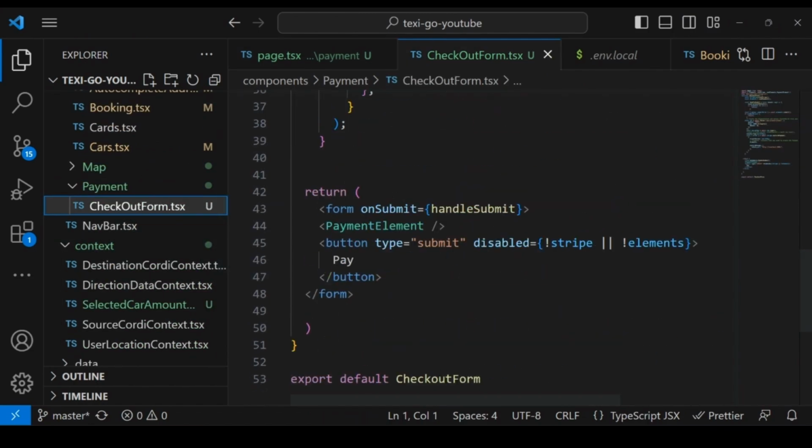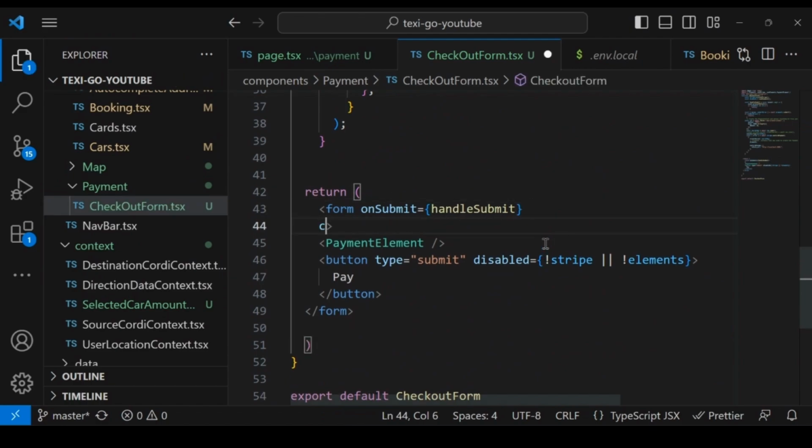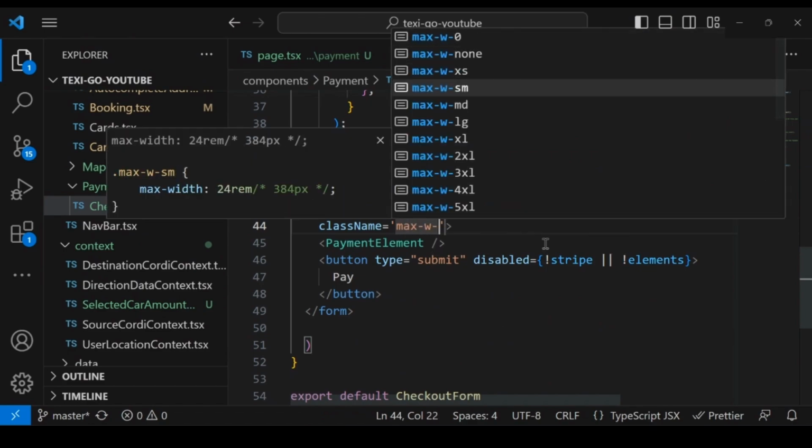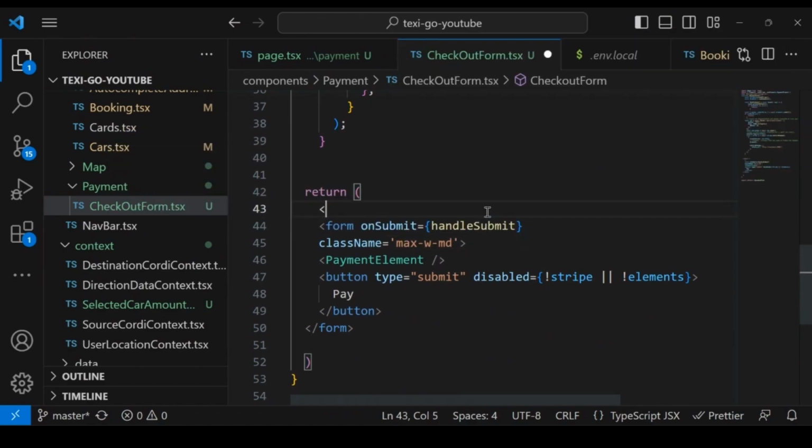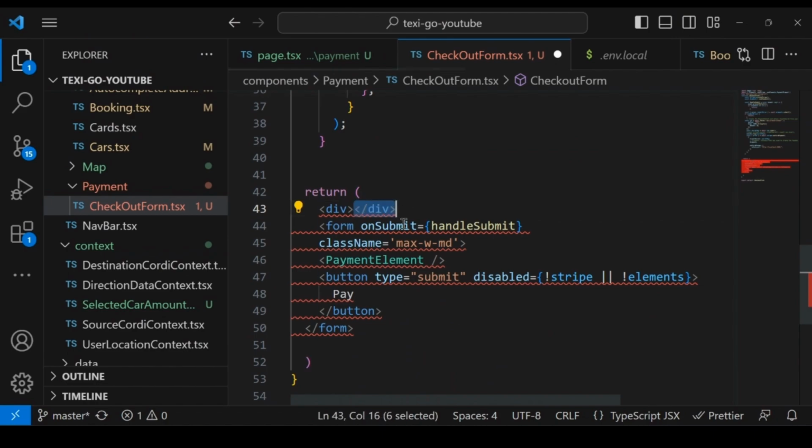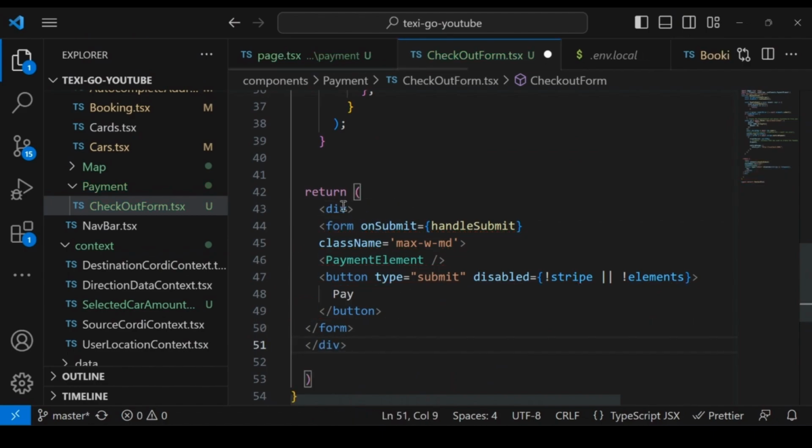For this form we'll add some class name. We'll add the class name max width medium, and I will wrap this in one div like this, and we'll define class name to be